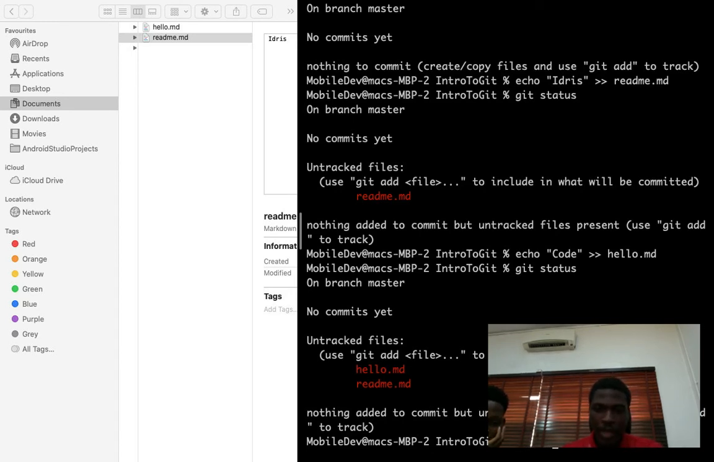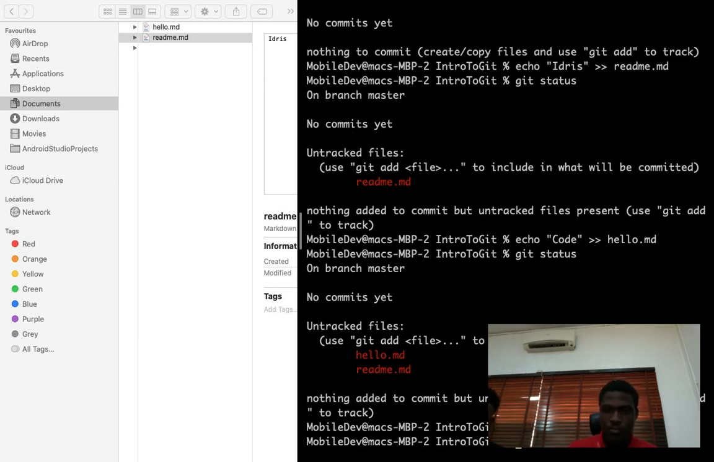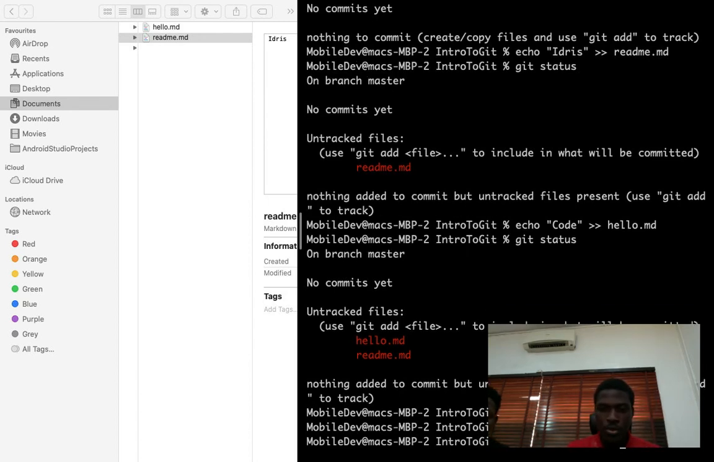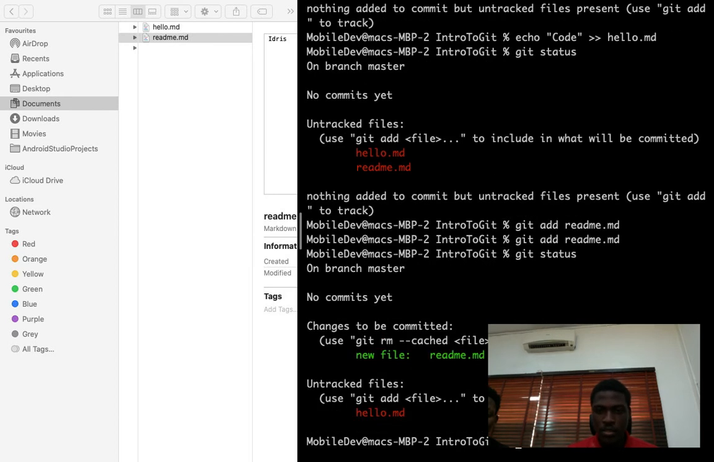See? So if it is only one we want to track, let's do so. We say git add readme.md. That means Git will track one, it will not track the other one. So when I press enter now, you see it did not return anything. It is good because it's not giving us any error. Let's now check the status. When we check the status now,